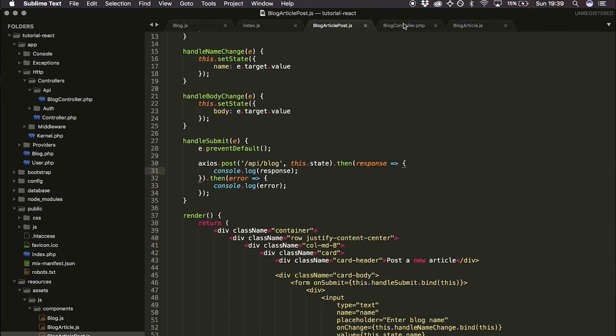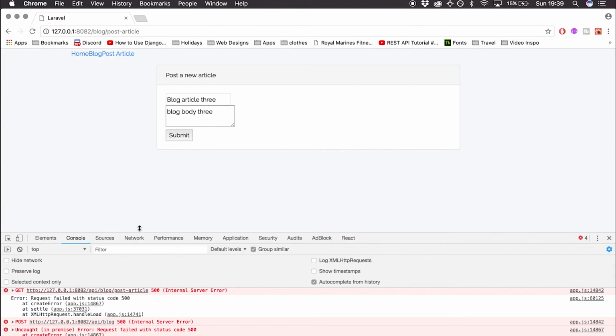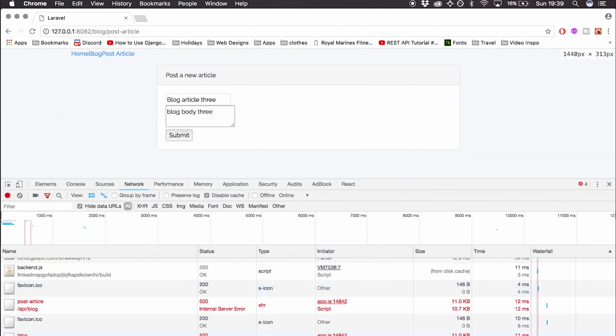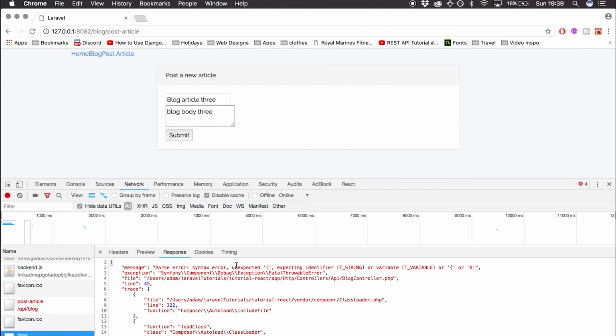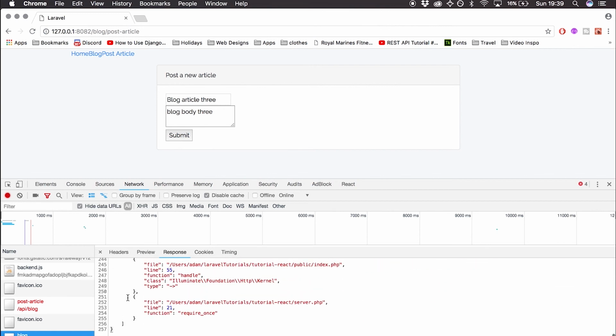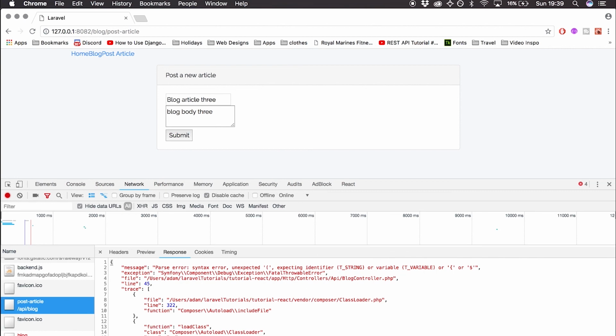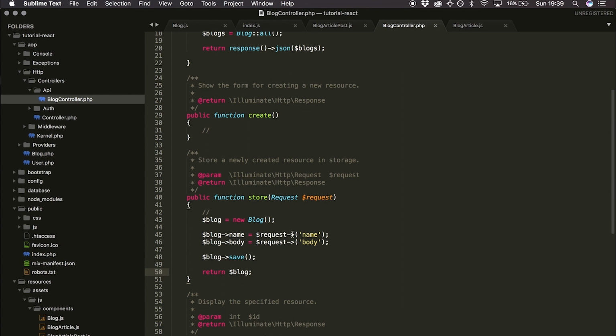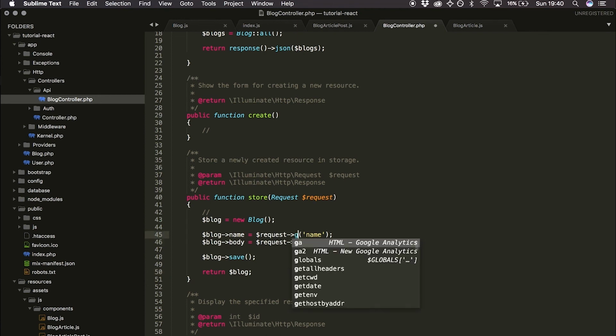It must be something. I know what you can do. Because it's a Laravel problem, we can click into the network tab and we can debug it by clicking the blog.api, and it says here what the issue is. Parse error, syntax error, unexpected. So I'm guessing we've got a syntax error in here somewhere. That looks fine to me. We forgot to put the gets in here. So get,